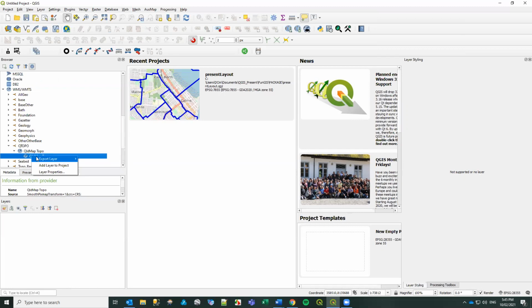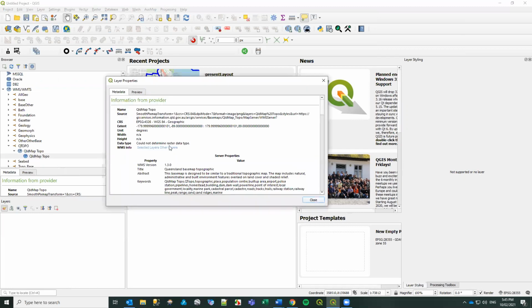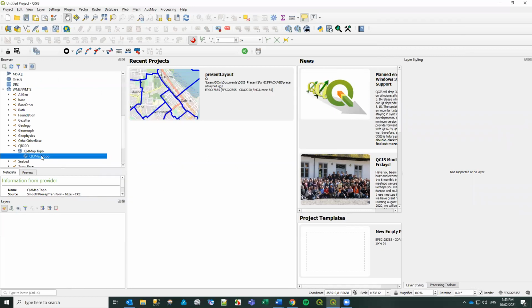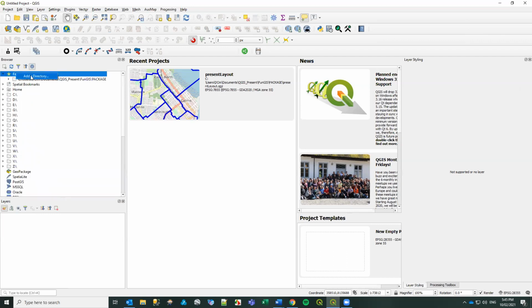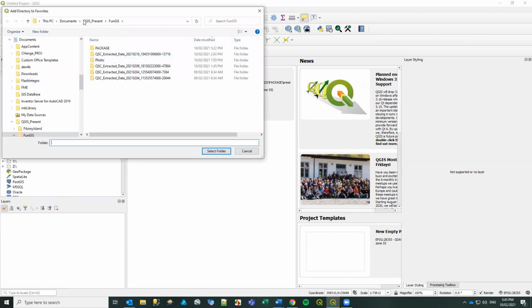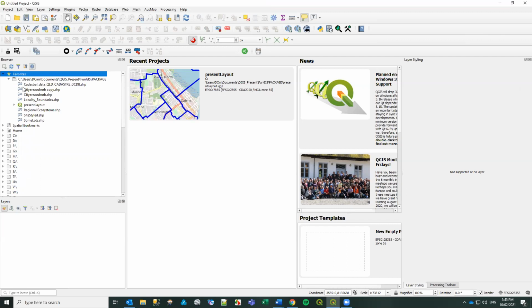That's just a matter of putting in your source information for your WMS that you can get online, just doing a search for QTopo WMS, and that'll give you a base map without having to worry about loading heavy data. I link my favorites page straight away, or my folder that I'm going to be using out of, and I keep that link there, and that way within that,